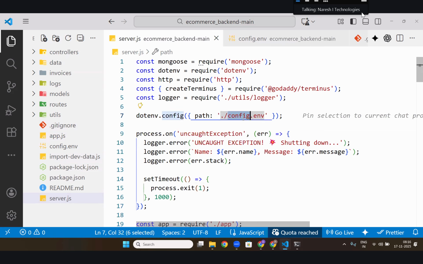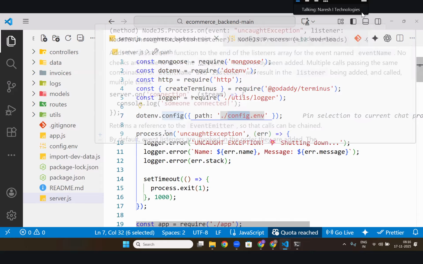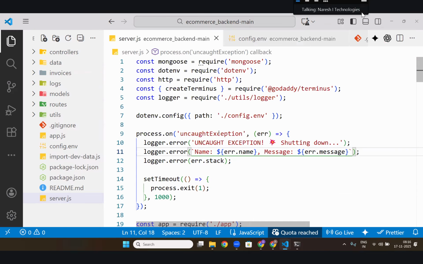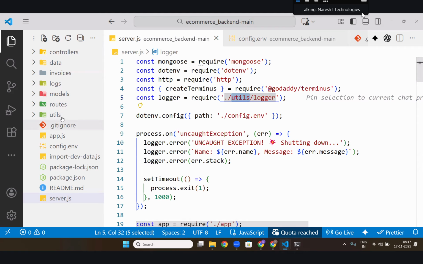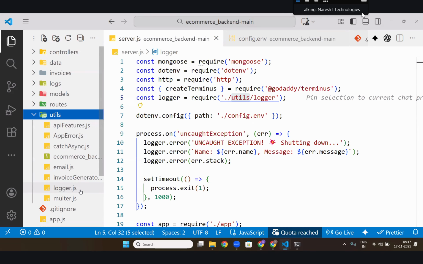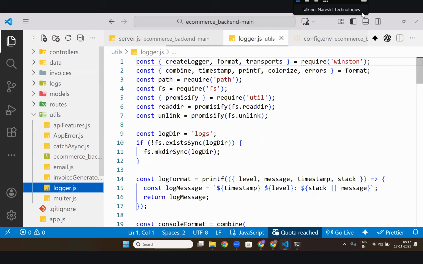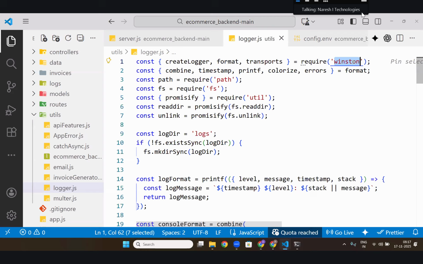Okay, in config.env, everything is there, sir. After that, it will start the process. If the process has any error, then it will call the logger. What is logger, sir? Where is logger? Go there. Like this, check it one by one. What is this logger? Logger is taken from Winston. I told you now the use of the instance is to print the logs, the messages. Every single thing that happens, it will record as a message.